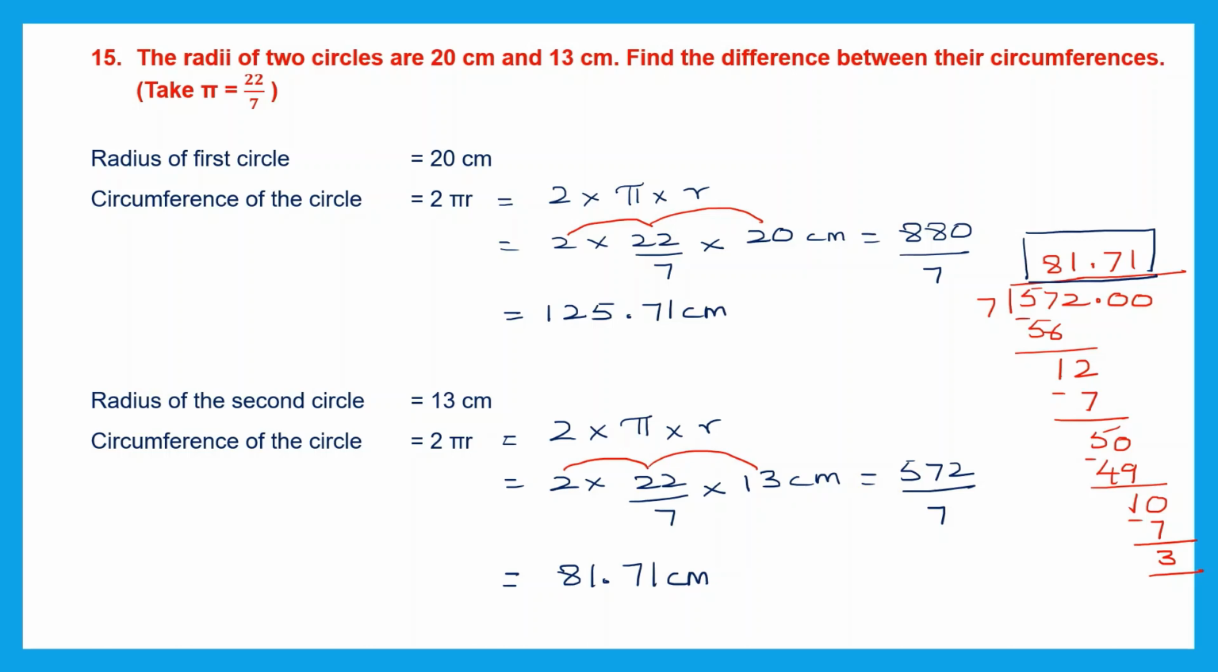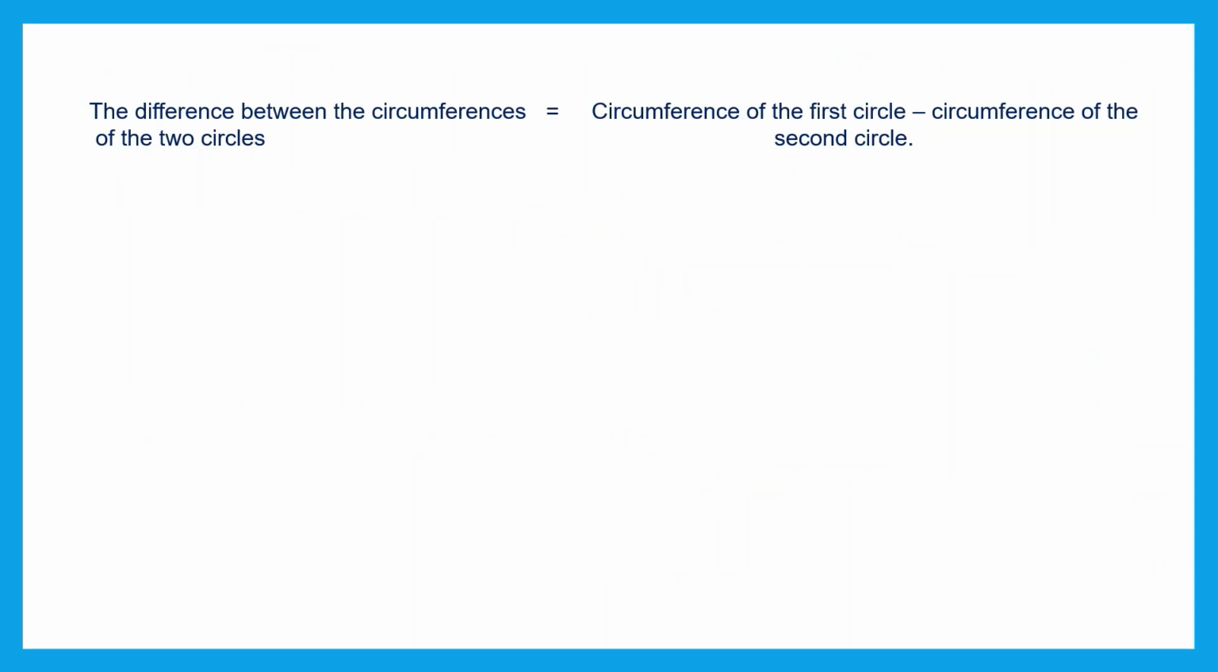Let's find the difference. Now the difference between the circumferences of the two circles, how do we find it? Circumference of the first circle minus circumference of the second circle. So let's do that. Circumference of the first circle we found out to be 125.71 centimeters, and the circumference of the second circle we found out to be 81.71 centimeters. So now we have to subtract these two. So let's do the subtraction. 125.71 minus